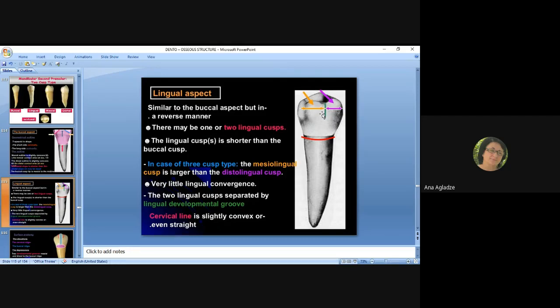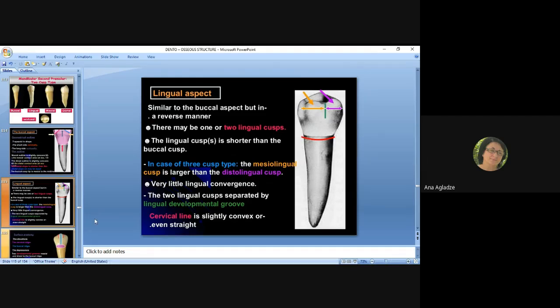When there are three cusps, the mesiolingual cusp is larger than the distolingual cusp. And you can see that this is the cervical line, which is less convex, and the cervical line is slightly convex, and